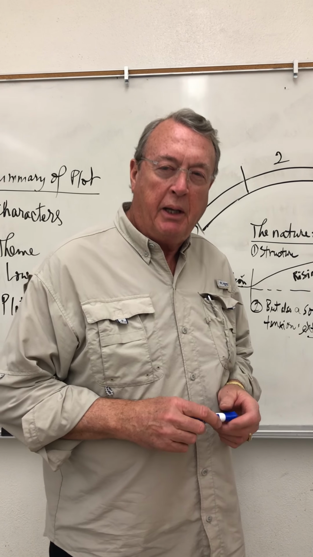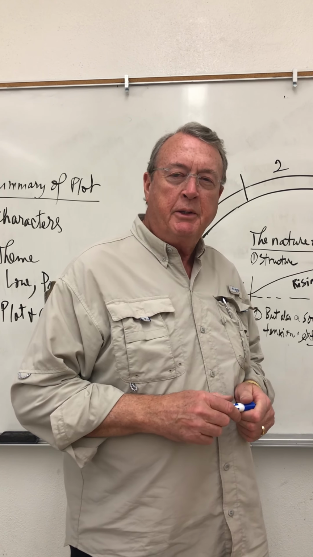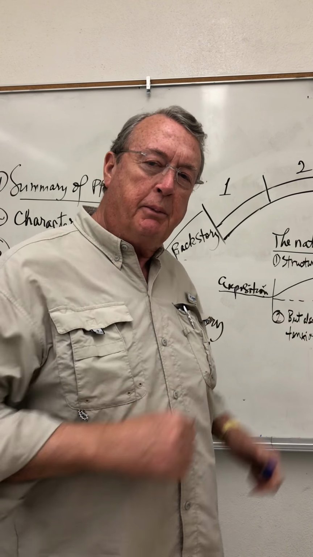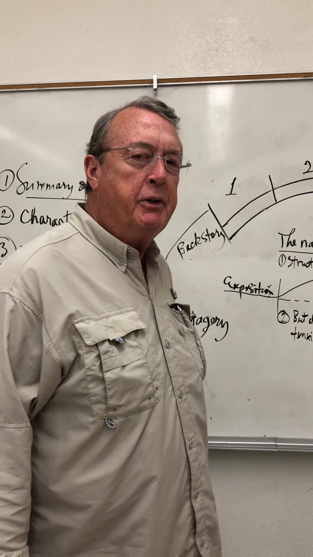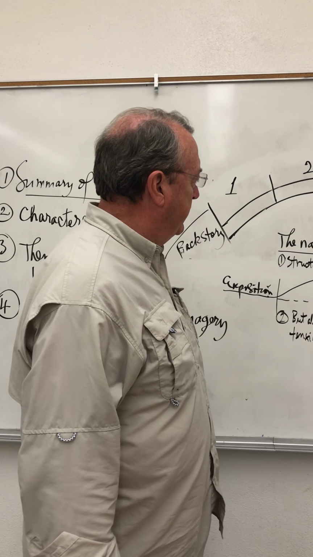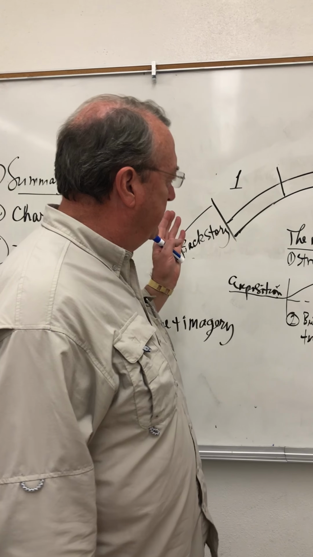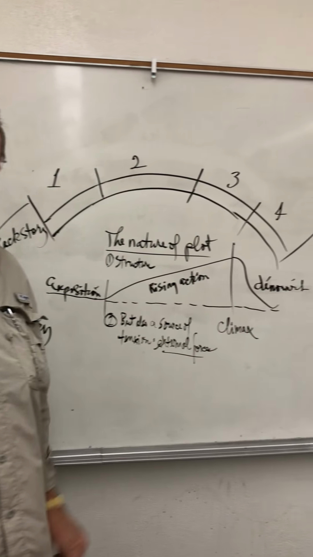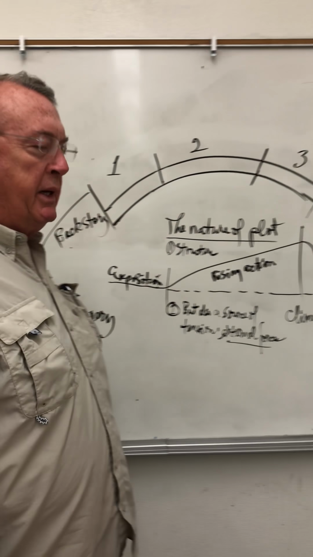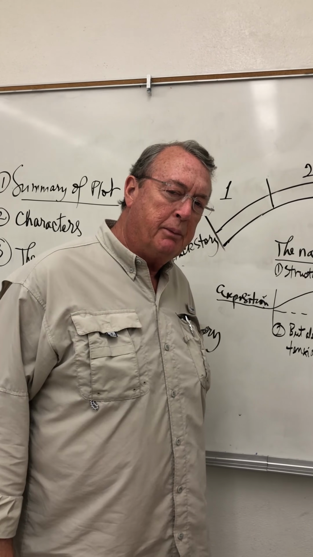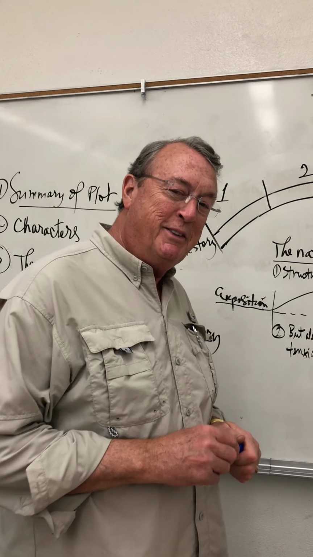I'd like to talk to you about plot. A rather straightforward element in all literature, which is to say it is the description, it is the layout of events. But I'd like to give you a couple ways to think about it, because opera is a little more complicated than